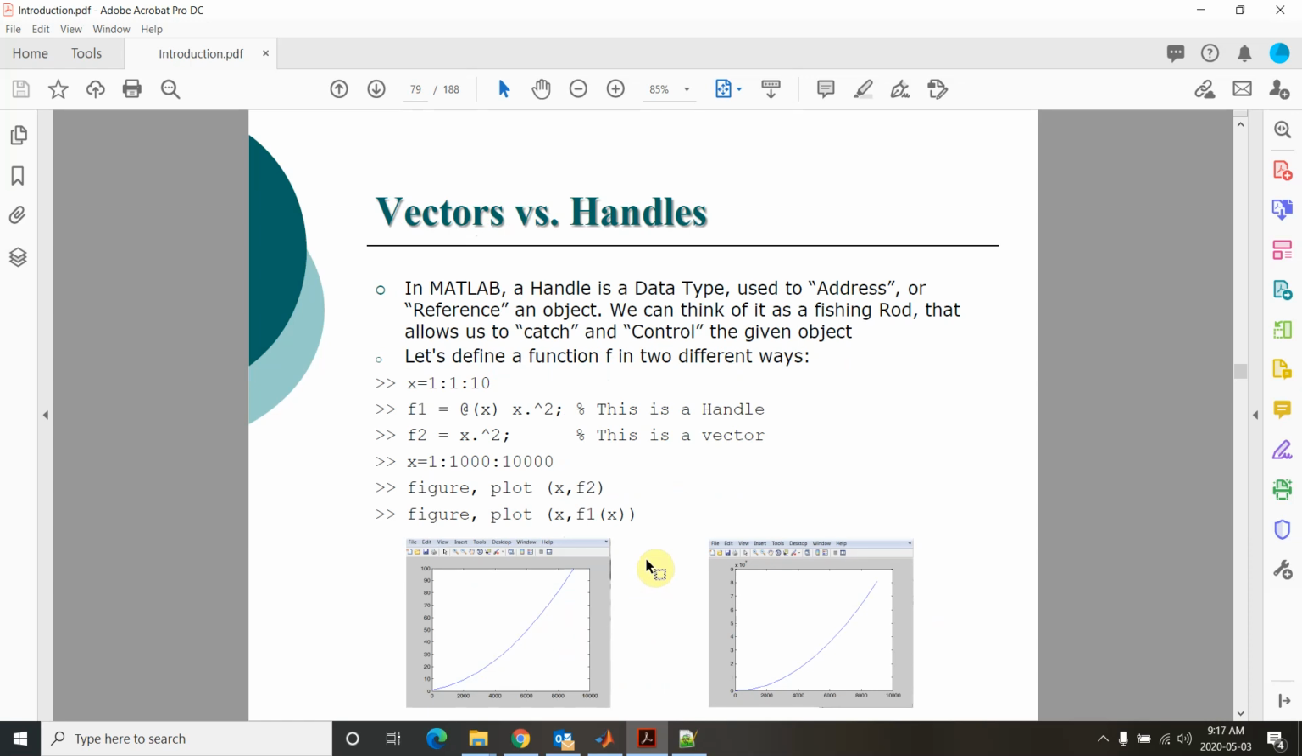What's the difference between, for example, this one? X goes from a range of 1 to 10 with steps of 1. If you define f1, this is defining f1 as a function using a handle. This is a function handle. And this one is a vector. What's the difference? In this case, these two are the same. But if you change x from 1 to 10,000 with steps of 1,000,